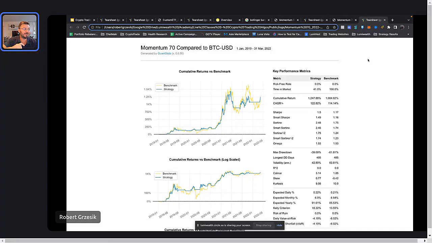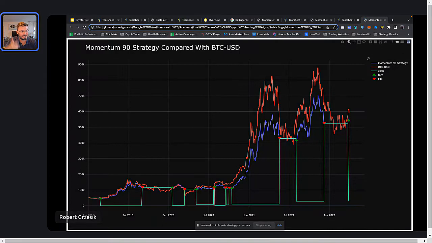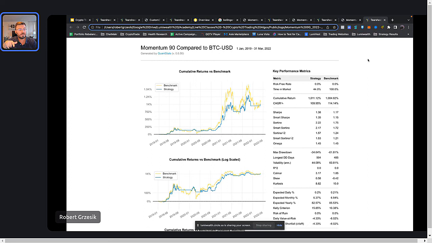So what I'm doing here is I'm actually adjusting the time frame, right? What about 50 days? What about 70 days? Now, what about 90 days? Here's a 90-day comparison. And this is very easy for me to set up and test out. Well, I have this new algorithm, I have this new strategy where I want to do this, this, and this, right? You want to invest in RSI or whatever. You want to do some Bollinger Band stuff or whatever it is that you want to do. You can take that and test it to see what works better. Will it work better with a 30-day, with a 50-day, with a 70-day, with a 90-day?